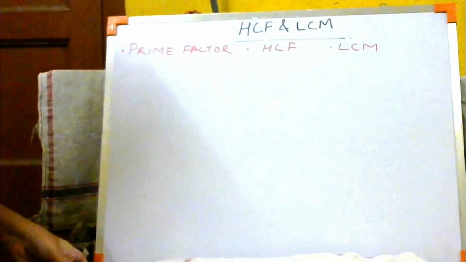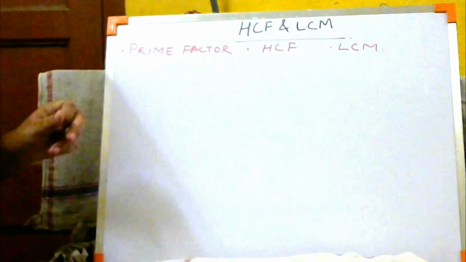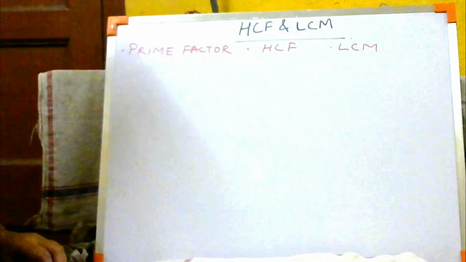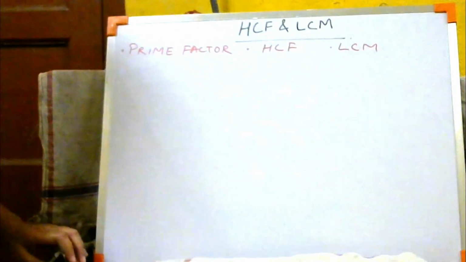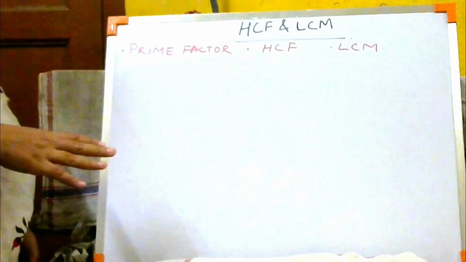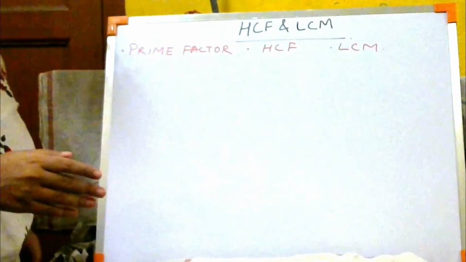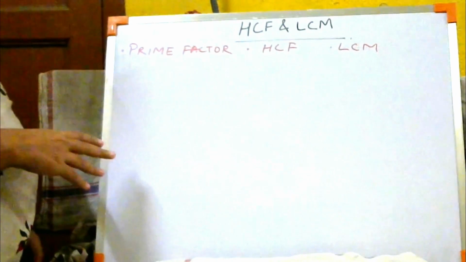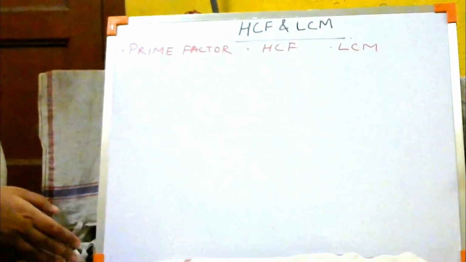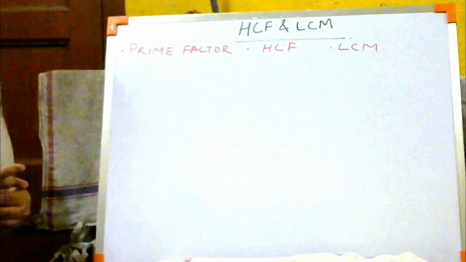Your second online examinations are going to start from the month of September, and in your maths we have chosen the chapter HCF and LCM. This chapter is very simple and you have done it from class 3 or 4, I guess. So whatever is being taught over here is a sort of revision for you. These are revision classes which are going on, and this chapter is acting like a revision for you, as you have already done this in class 3 and 4. So let us start with this chapter.